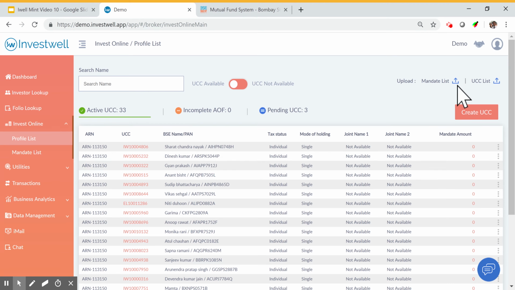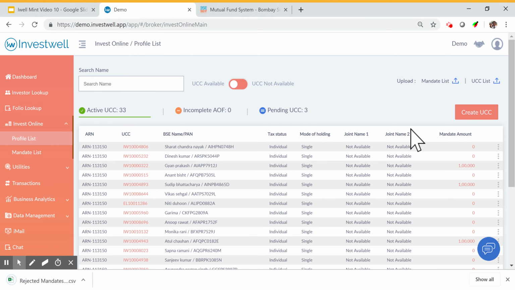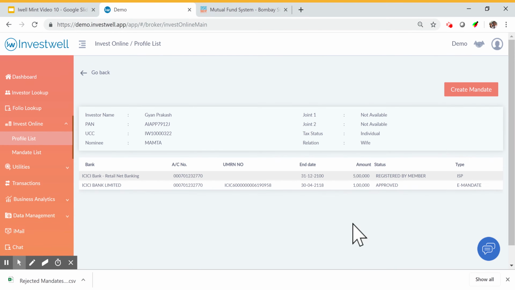Now similarly for mandates, you can also upload a mandate list, and it reflects in the mandate amount column. This column shows you the approved amount of mandates for a particular UCC. So you can click on the mandate amount to see the list of mandates available,